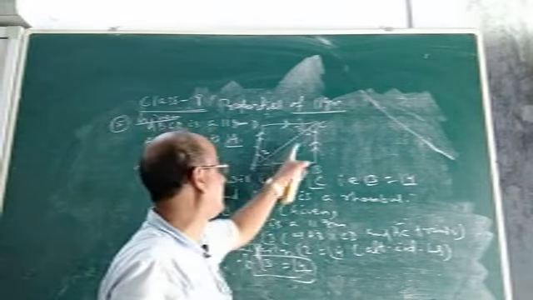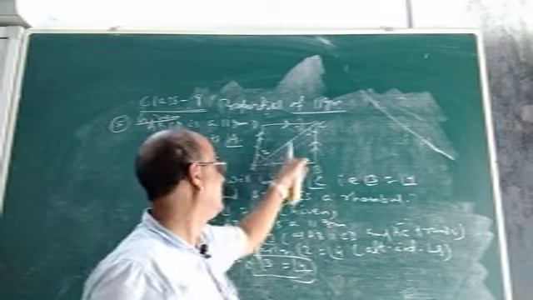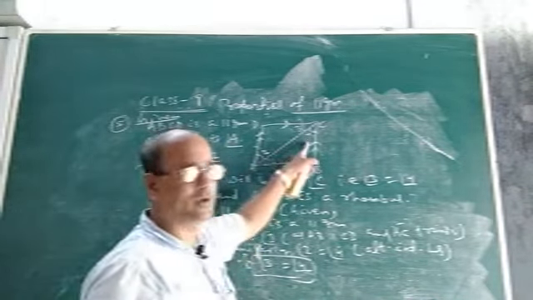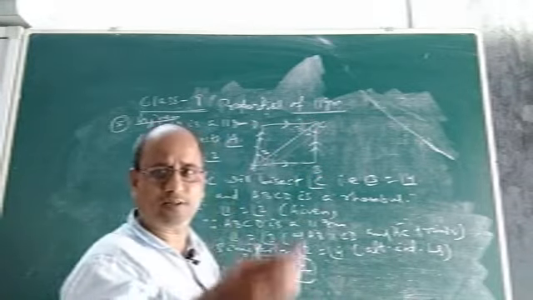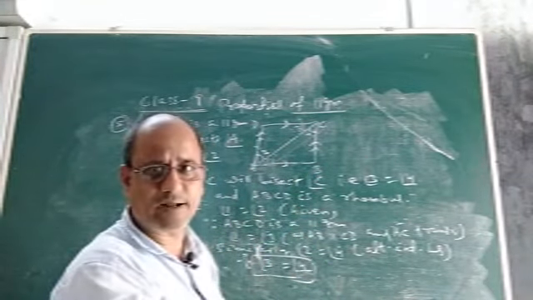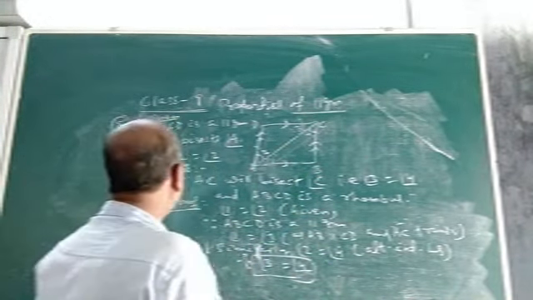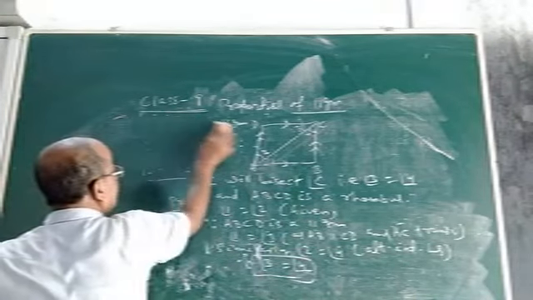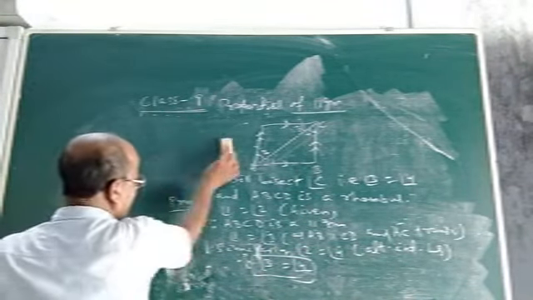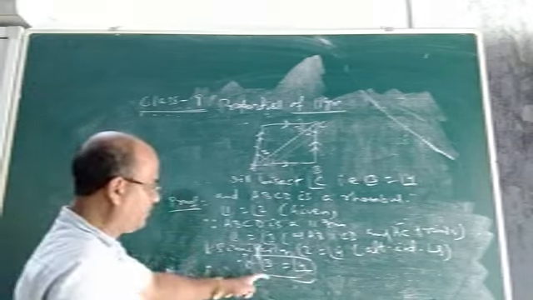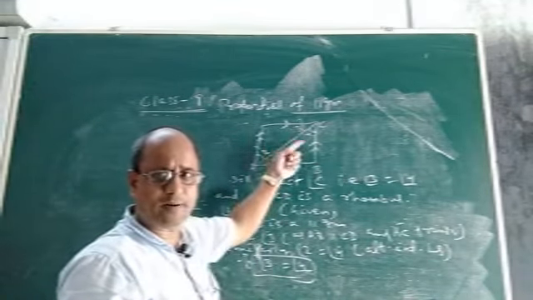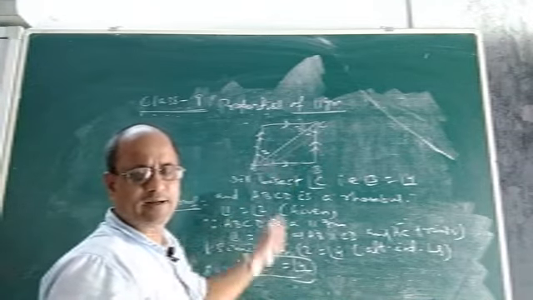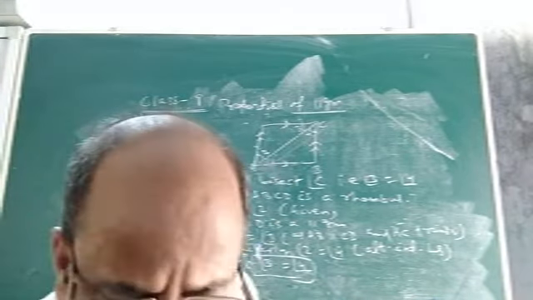So all these four angles, 1, 2, 3, 4, will be equal. We have to show that angle 1 and 4 are equal. If angle 1 and 4 are equal, automatically AB and BC are equal, because if two angles are equal, their opposite sides are equal. So what will we write after this step? Here we proved that the diagonal AC bisects the opposite angle. Then the second part is we have to show that it is a rhombus.